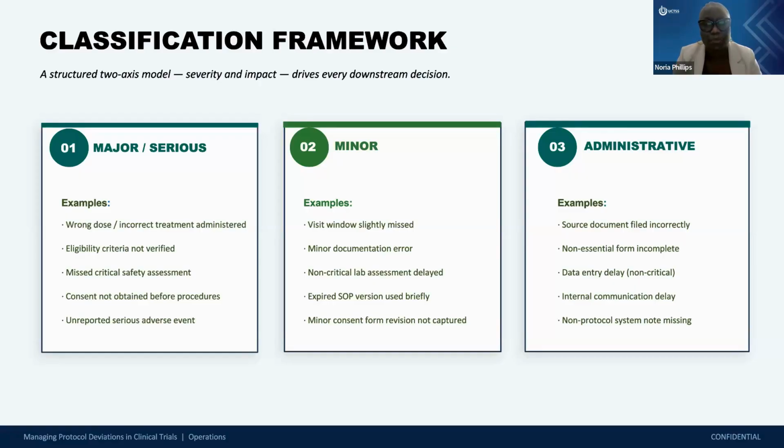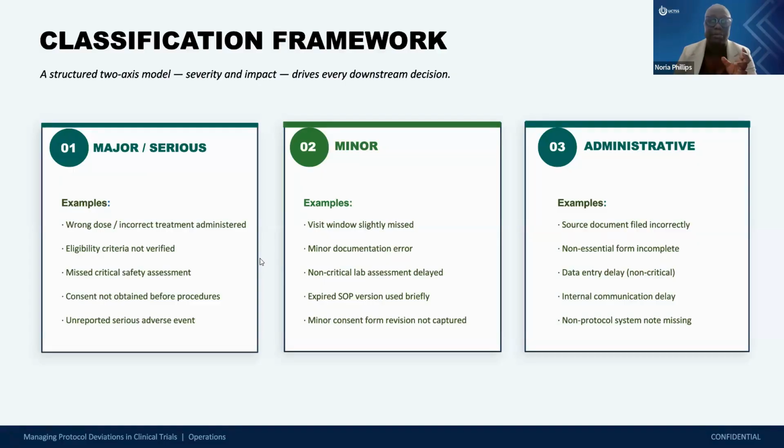Then minor documentation error, that's very, very common. Think about the fact that if we record every minor deviation and every minor documentation error, the reason why you report it is so that we have a trail. We can review it. I remember one of my studies, I asked my team to gather all minor deviations and let us look at trends. So minor deviations, even though they say it's minor,